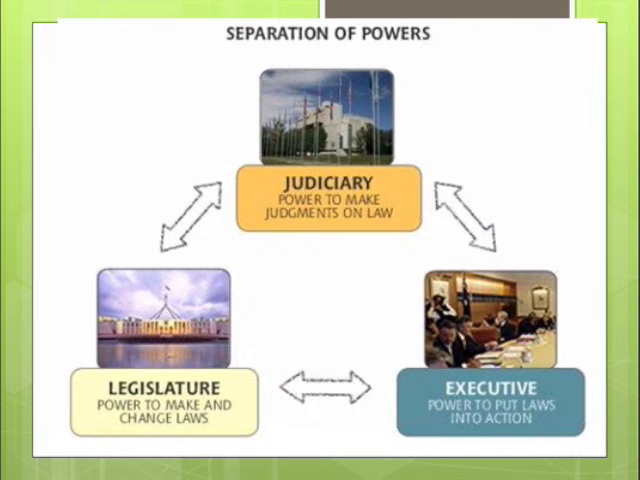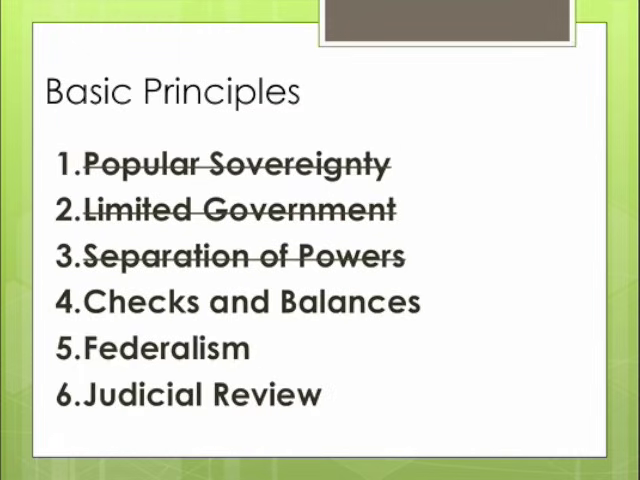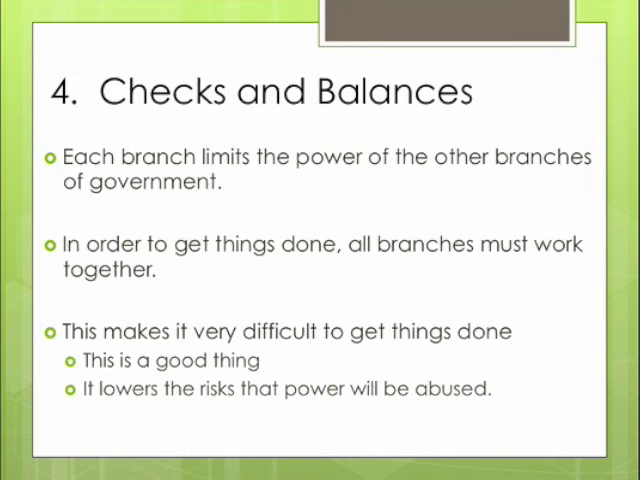Our next principle is going to focus on the ability of one branch to both check the power of another branch and ultimately balance it with their own power. What's interesting here is that in order to get things done according to the Constitution, all these branches must work together, which can be difficult, and this is actually a good thing because it lowers the risk that any one branch's power is abused, which again is what Locke, Rousseau, and some of our other founding fathers were